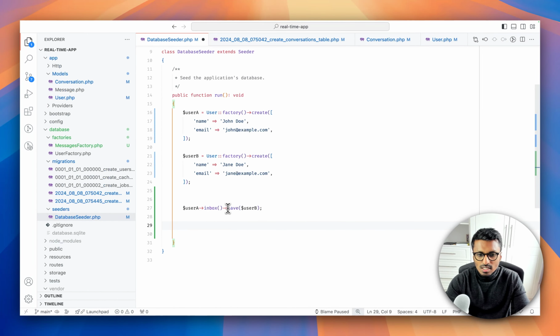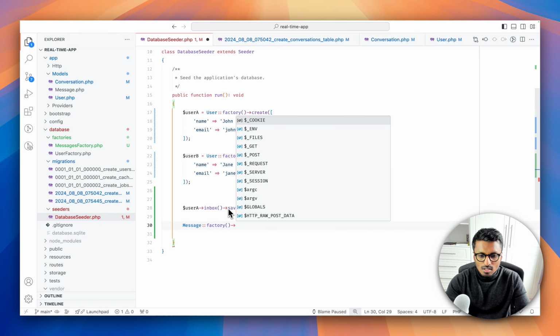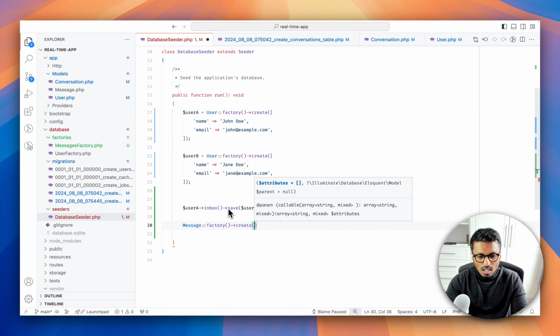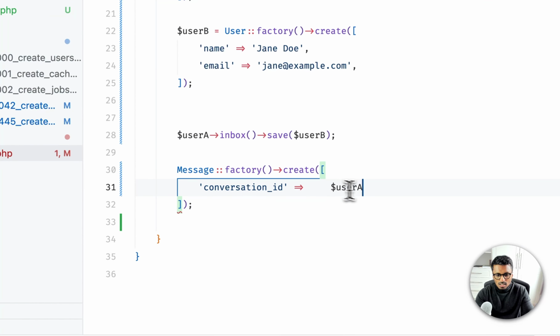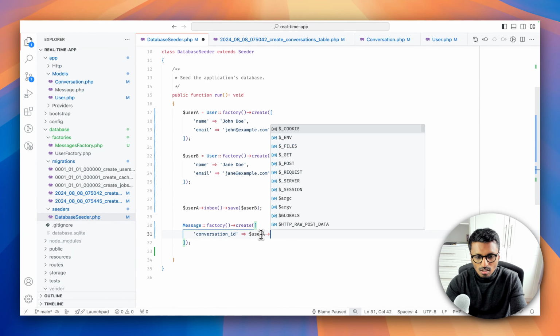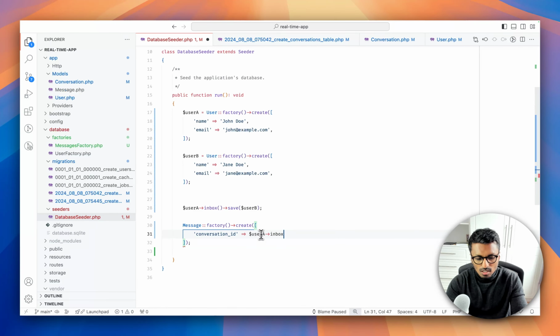And what we're going to do is we will create a message factory create, and then the conversation ID will be this user's inbox,